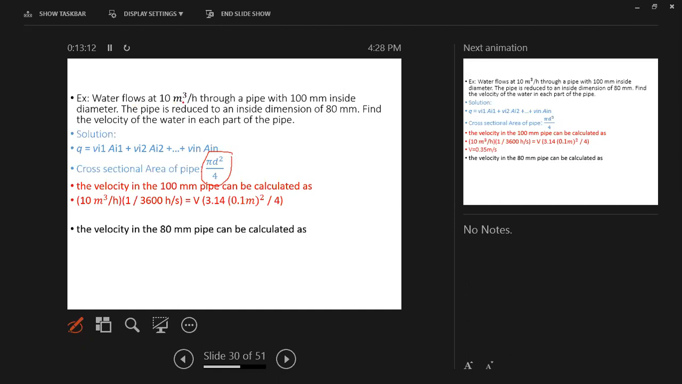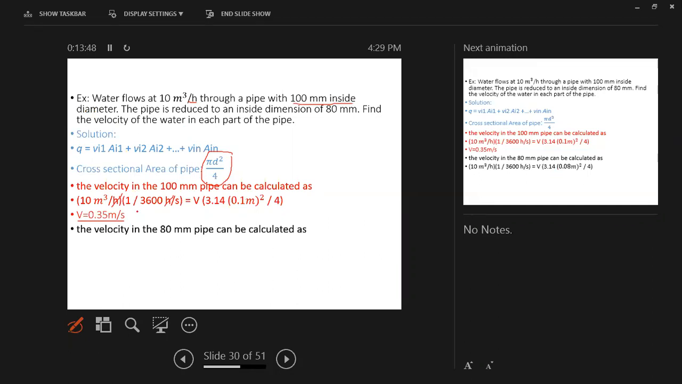Water flow equals velocity times area. Since it is per hour, we have to convert this into seconds. So remember, 1 hour is 3,600 seconds. So we are going to do it like this: 10 meter cube per hour times 1 over 3,600 hour per second. As you see here, the hour units are going to simplify themselves. So at the end, we're going to find our velocity as 0.35 meter per second for the 100 millimeter diameter